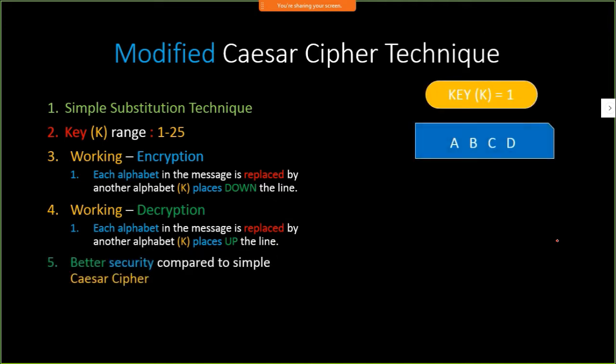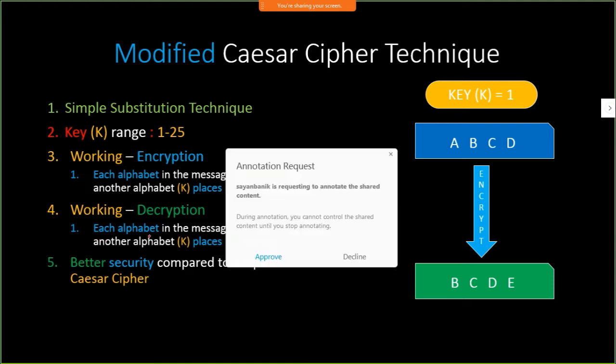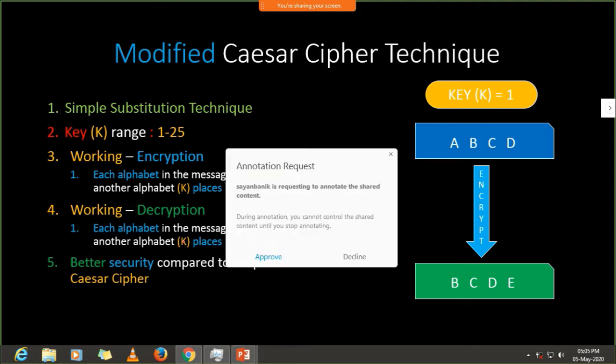So if the alphabet is A, B, C, D, the encryption process shifts by only one key, so A is replaced by B, B is replaced by C, C is replaced by D, and D is replaced by E. And the decryption process is each alphabet in the message